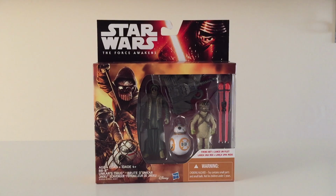Alright you guys, as you can see here from the packaging, several months ago we did a review on the 2-pack that came with the Rebels cartoon versions of Ahsoka Tano and Darth Vader. And this pack has the same sort of packaging, same style. Usually you get 2 figures in these 2-packs, but we're getting 3 figures here. And the packaging does seem a little bit wasteful. It has quite a bit of cardboard, but you do get a nice image there on the side of the